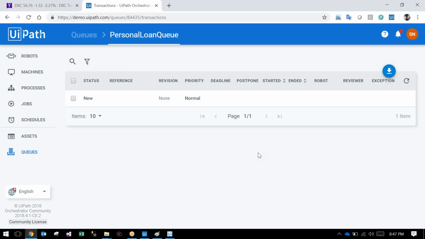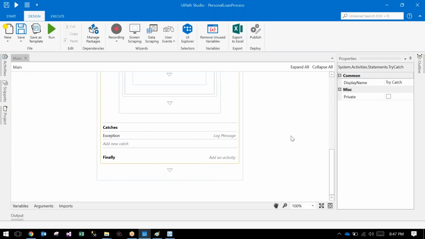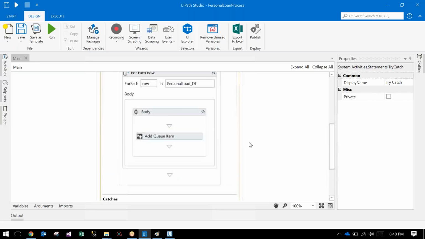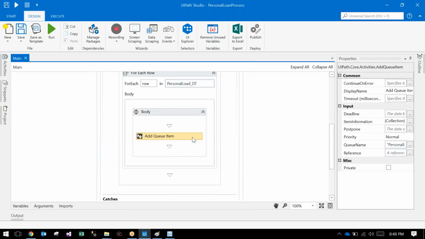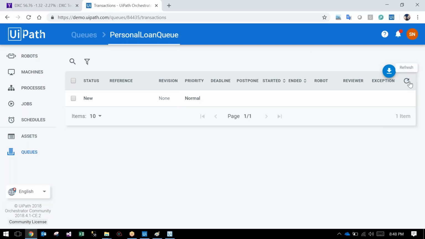Once you use Add Queue Item, that is the activity in UiPath Studio. So what is that? Add Queue Item is one activity. We have to pass the queue name, which queue we have to add to, and an item list. It should not take this much time, but